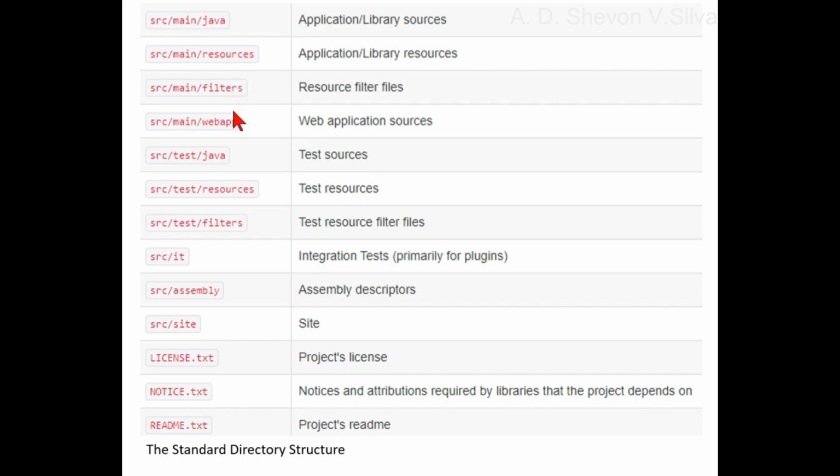For example, src main antlr would contain ANTLR grammar definition files. Here you can see src main java, the application or library sources. Here src main resources, application library resources, src main filters, resource filter files, src main webapp, web application sources,